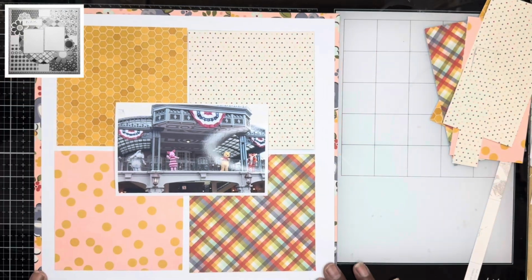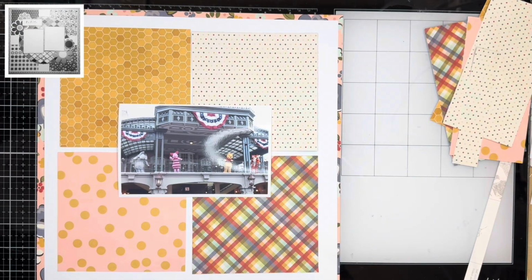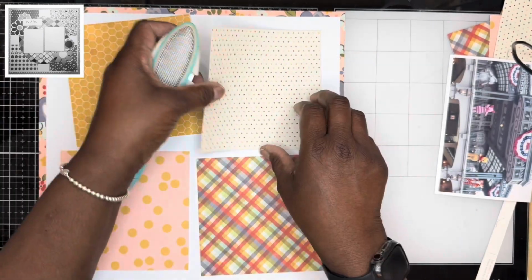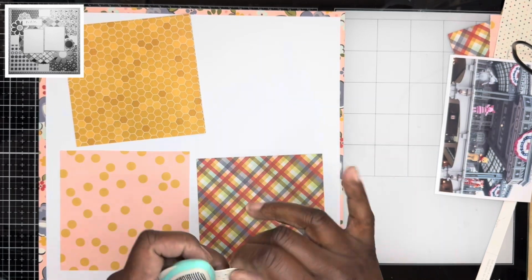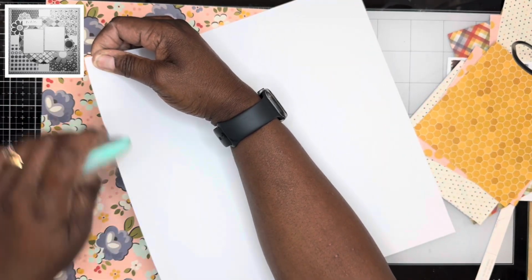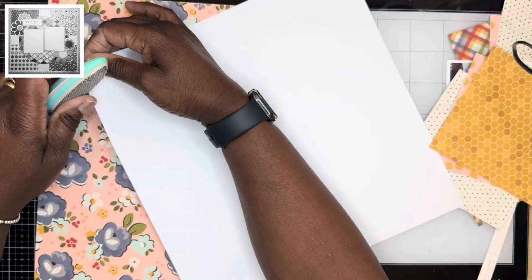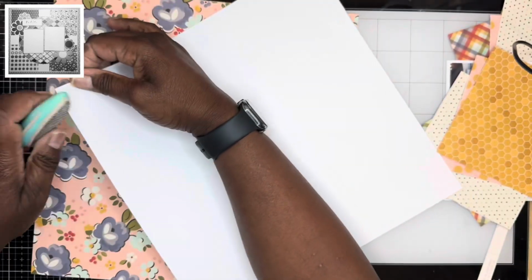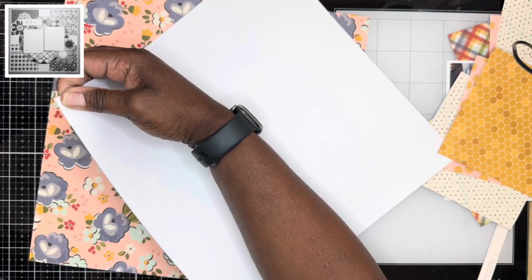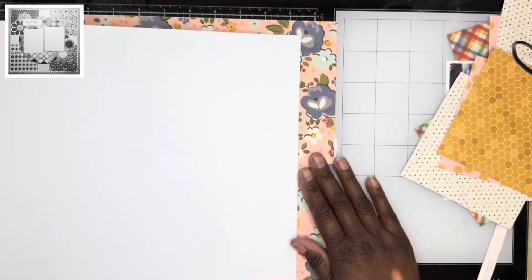I have stuck to the design yet again. The only thing I changed was I used a 6x4 photograph as opposed to two 3x4s as in the sketch. So I'm just going to distress all the edges, obviously again not showing you every single step I do. And I've also distressed the white cardstock. I have trimmed this white cardstock down to, I think it's about 11.5 by 11.5,